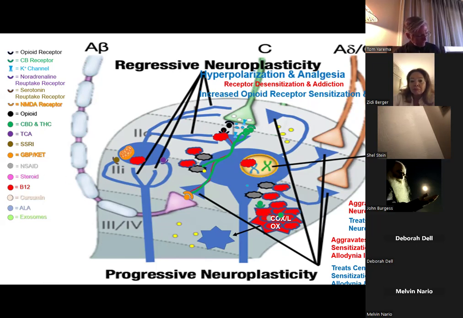So let's go ahead with steroids. As you see, it's blocking the COX. Steroids, same thing here. Okay, what about B12? Blocks the NMDA receptor, calcium. That's a good thing. If you block that, you increase the antioxidants effect and neutralize those free radicals and restore